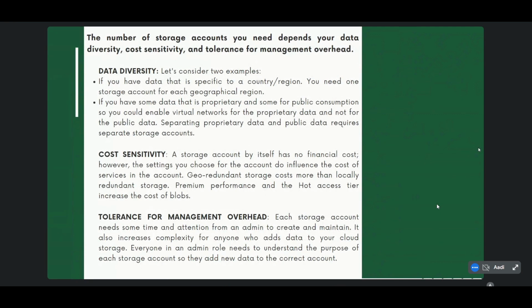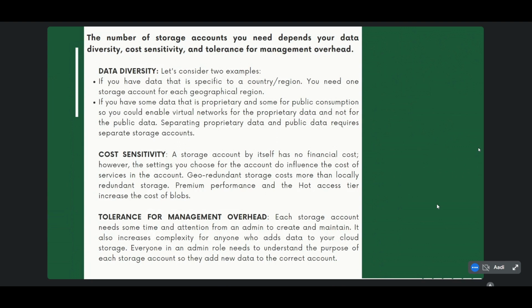So we can choose either one of them, but if we want to manage our cost, we have to keep in mind what choice we make. Premium storage performance and hot access tier increase the cost of blobs, so we have to consider cost sensitivity for our storage accounts.